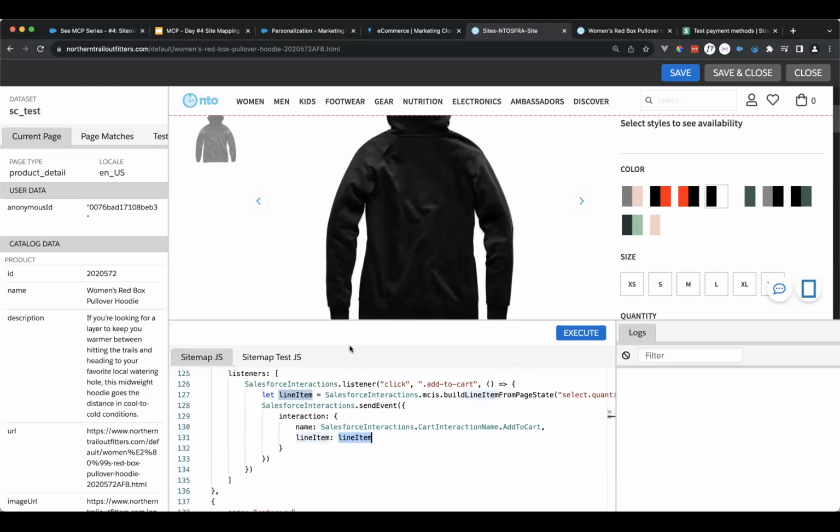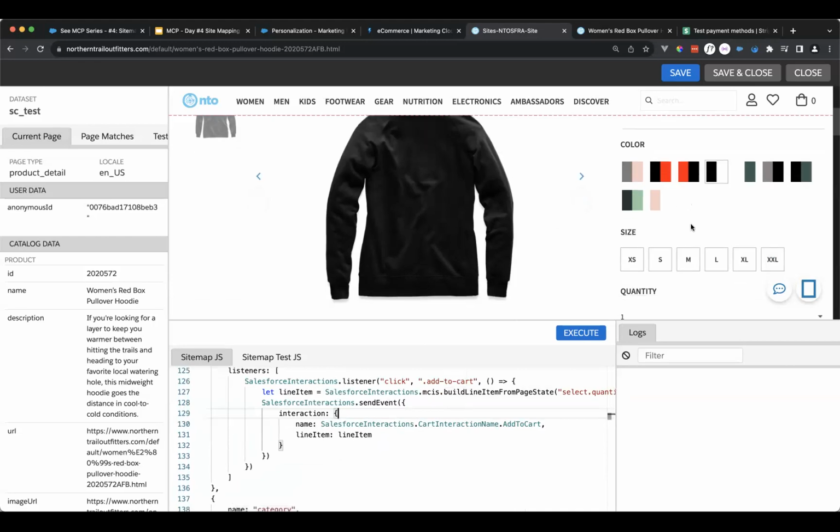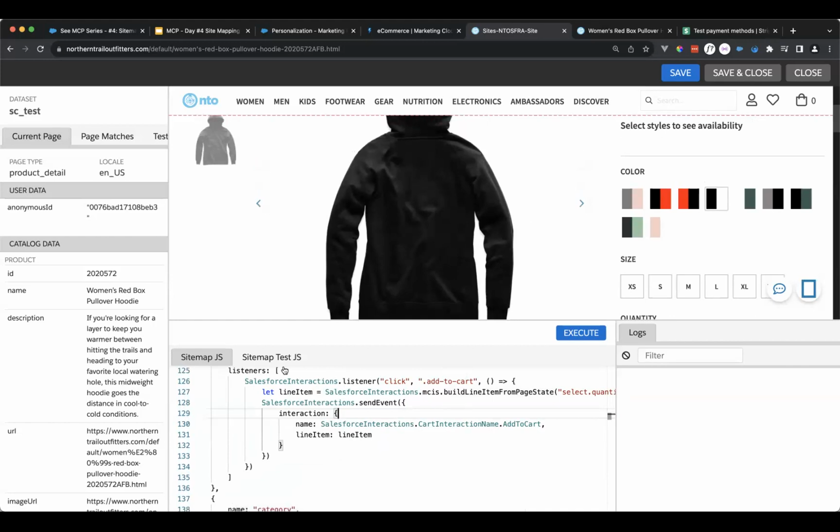I think an important takeaway here is that this pattern will repeat over and over with any listeners, with any events. When a user clicks on it, you have an event listener, and the first thing the code inside the event listener will do is grab information from the DOM, from the page, or from a data layer, right? You have to save that information somewhere. Here we are grabbing the name of the item that is being added to cart from the page itself, because we can be sure that when the users are clicking around, the page itself can be the source of truth,